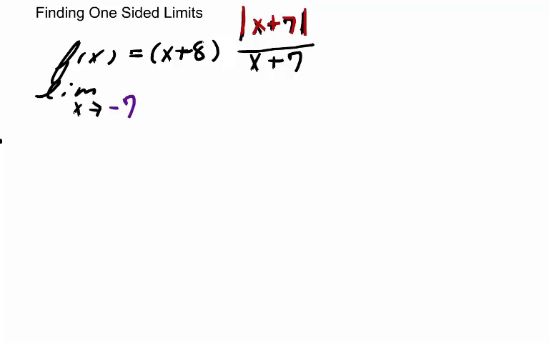So if we evaluate the limit of our function as x approaches -7 from the right, then we have